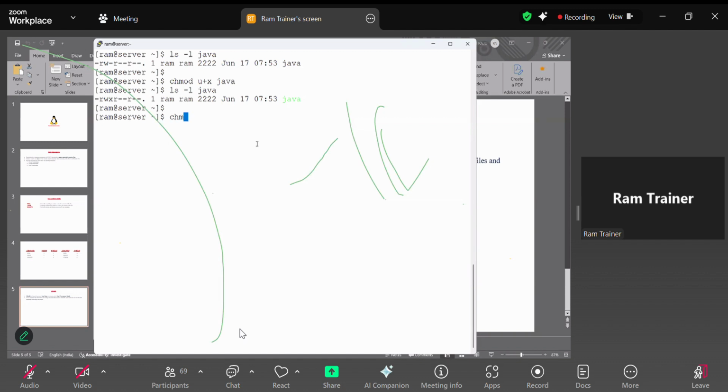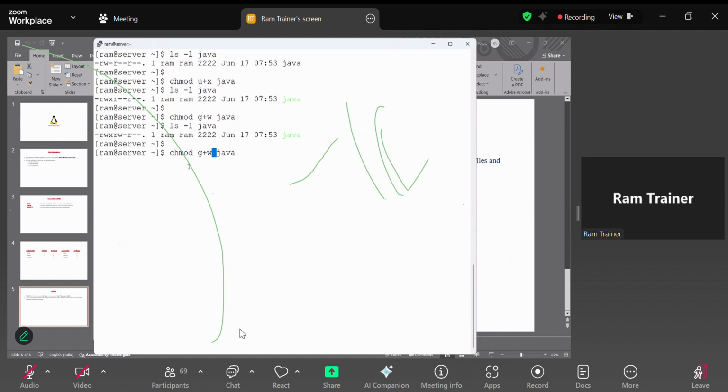Now with chmod, I want to add group level write permission on the Java file. I am the owner, so I need read, write, execute, which is okay. But my group members should also be able to modify this file, I mean write to this file. That's why we are adding group level write permission on the Java file. If I enter it, now group members can manage this Java file with read and write.